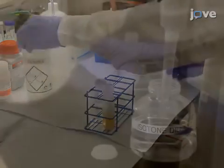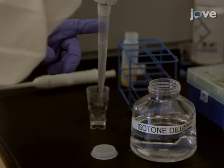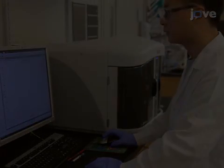Next, add 10 microliters of particle suspension to 10 milliliters of isotone diluent and count the particles with a particle counting analyzer to determine